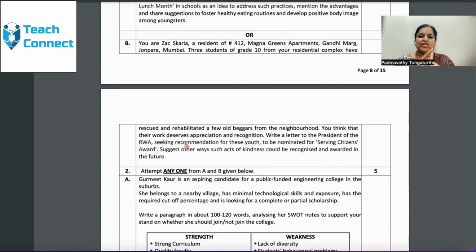The first point is mentioned here, the recommendation. The letter, that is 120 words, must consist of recommendation for these youth. They are nominated for Serving Citizens Award. Suggest other ways, such as one is kindness, that could be recognized and awarded in the future. You can add gratitude, you can add concern, being considerate, evaluate.